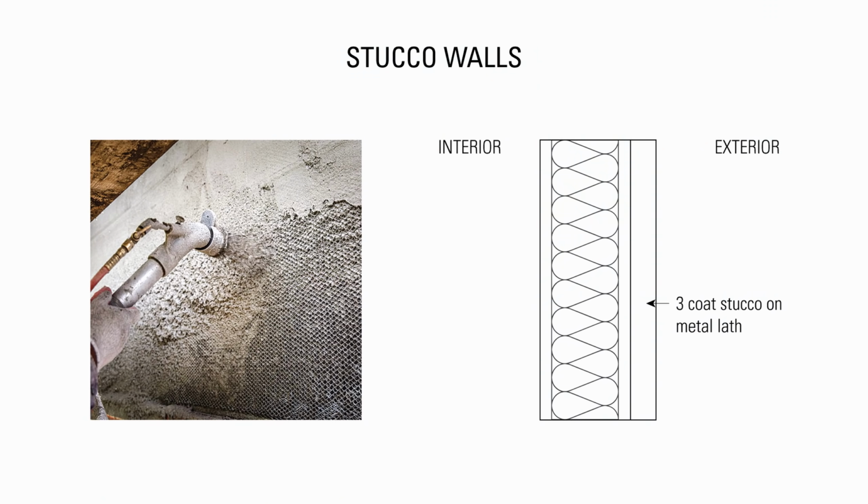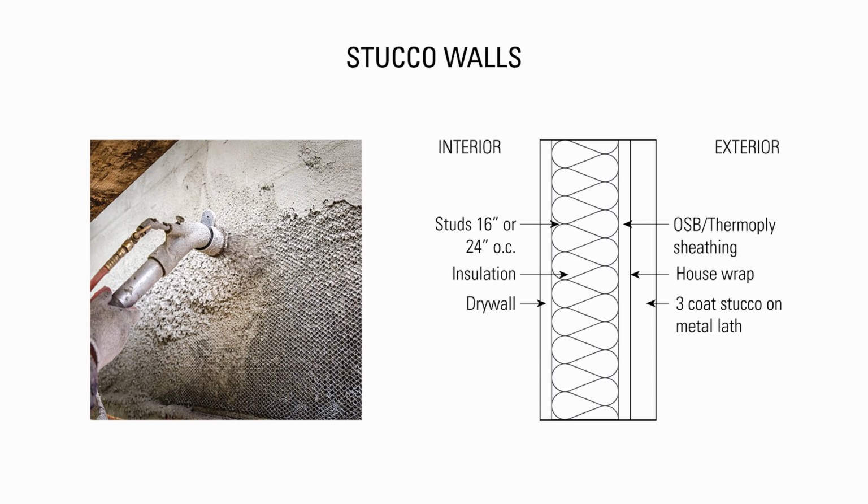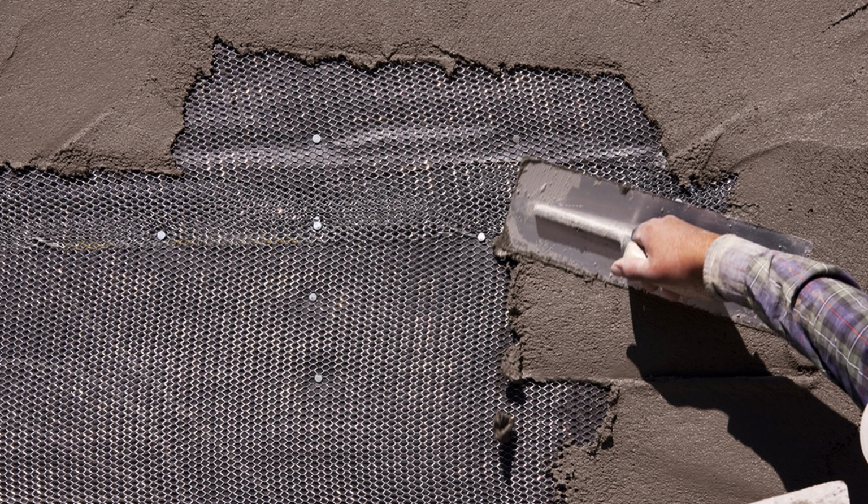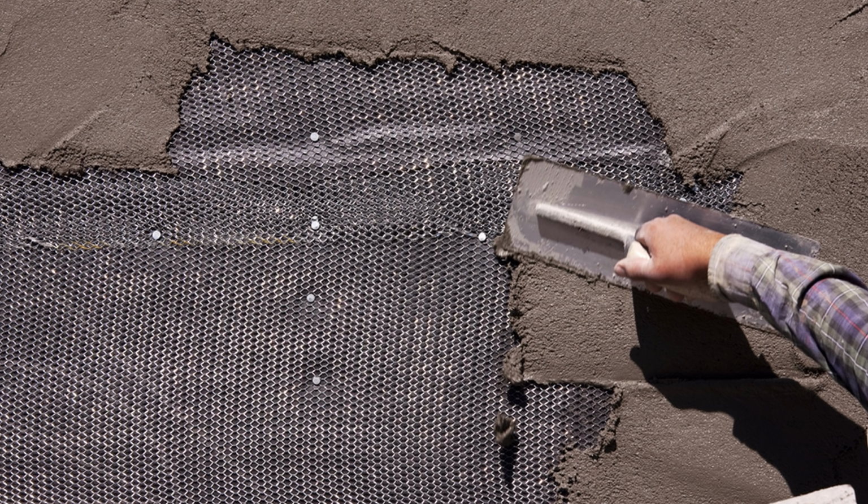A stucco wall typically consists of a 3-coat stucco system on metal lath, a building wrap which acts like an air barrier and vapor retarder, sheathing, cavity insulated walls, and then drywall on the inside. The stucco can also directly be applied to CMU walls. This system is very similar to the brick and stone wall assembly we just discussed because it is very vulnerable to water. The use of continuous exterior insulation with drainage channels is generally recommended with stucco walls.